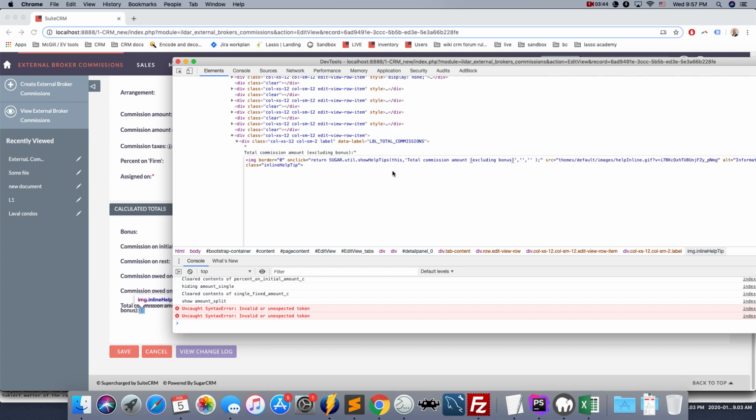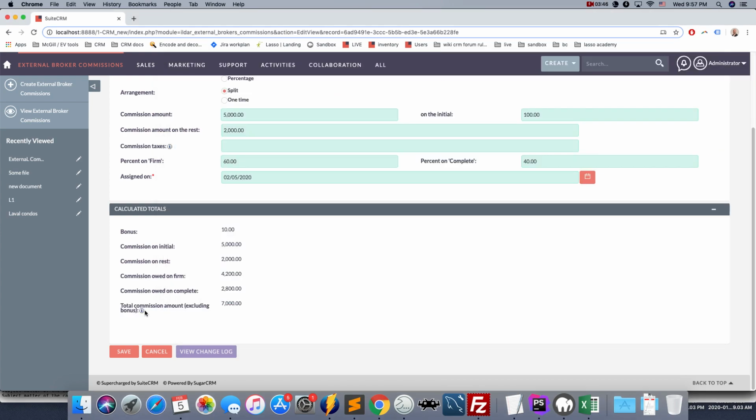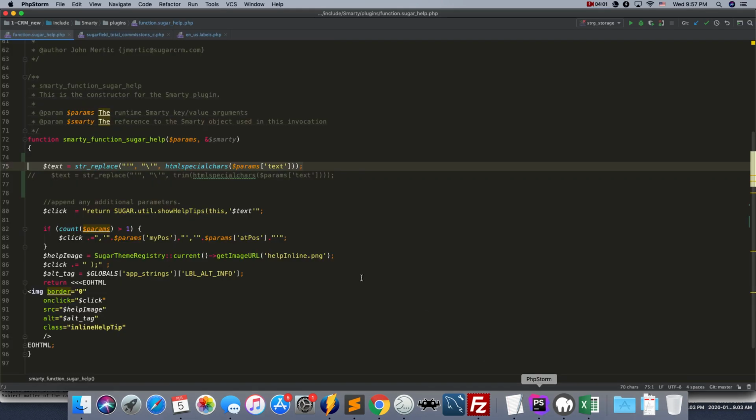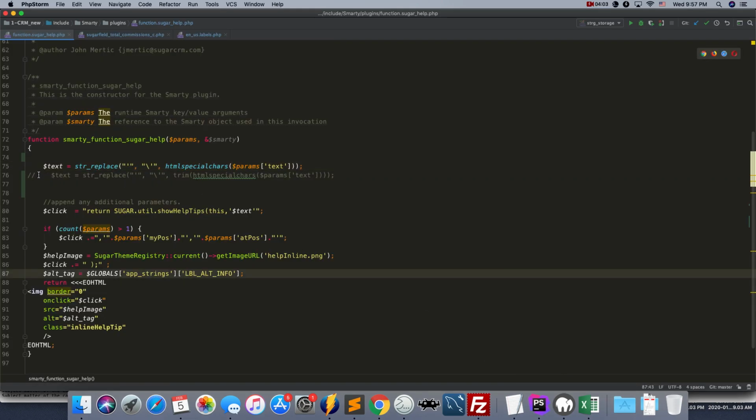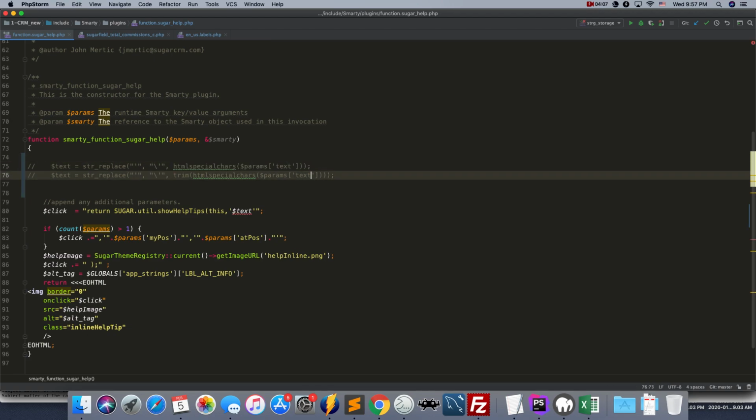If I remove the page break and I go back here and I click, it works. But without actually removing the page break manually, it doesn't work. I don't know if somewhere along the way Smarty includes this, like the Smarty variable gets a page break at the end, where and why I'm not sure, but the way to fix it is by a very simple